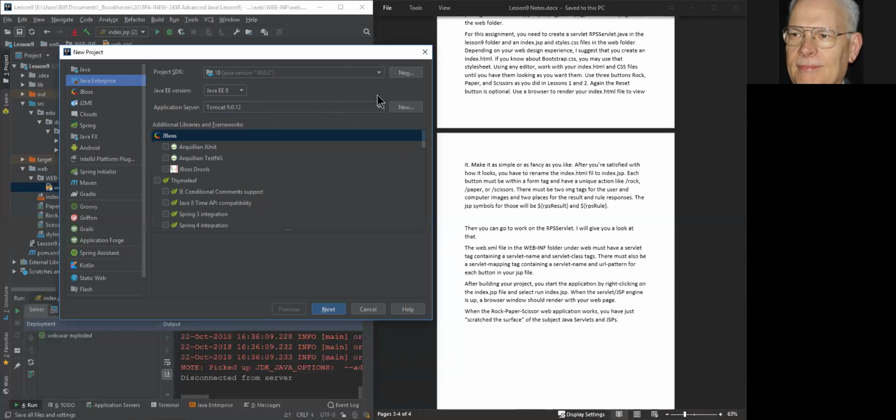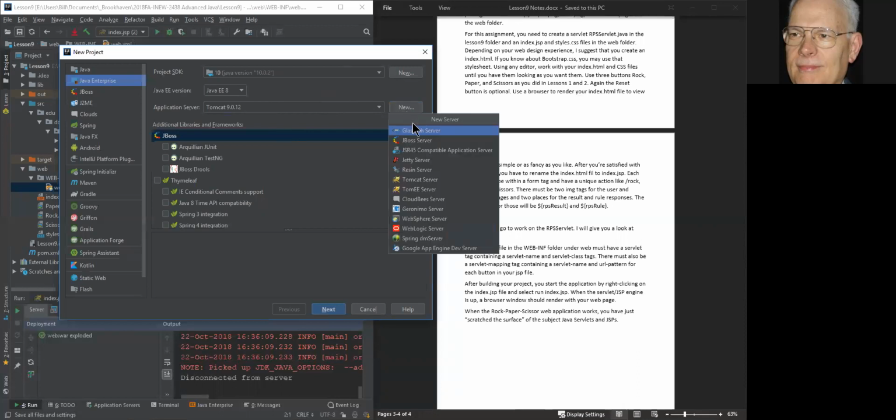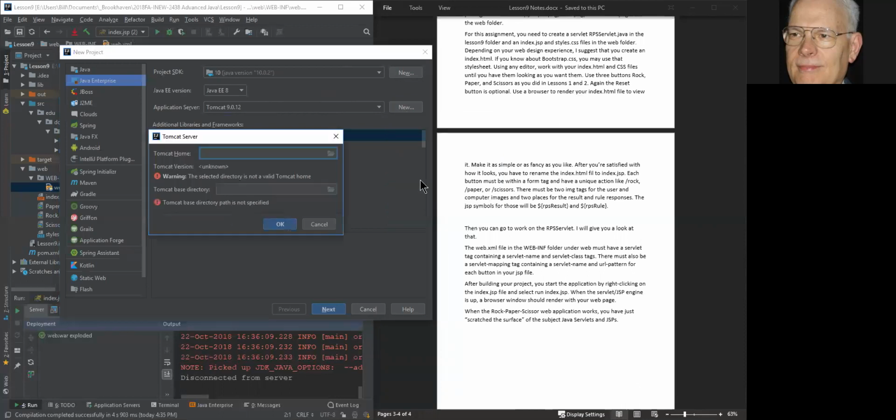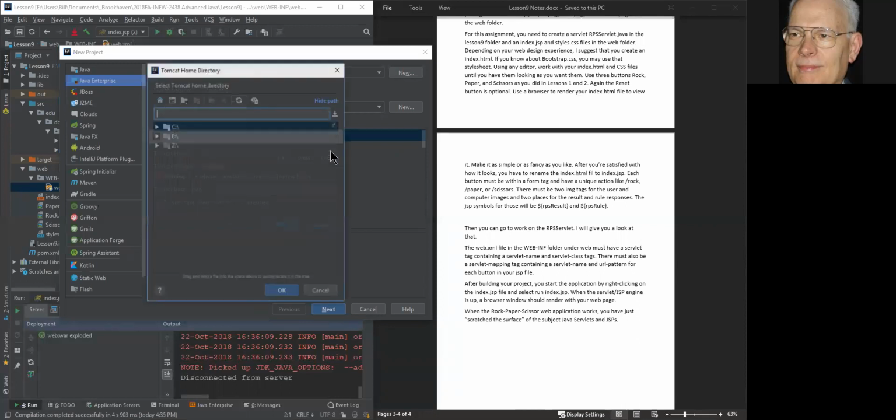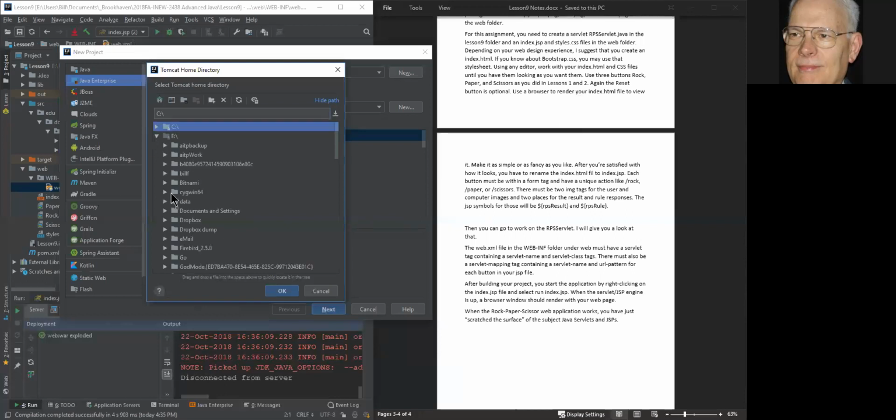And you will not have this in there like that. You have to create, say, new, and you select, here's a whole bunch of similar servers, but of all of these, the most popular by far is Tomcat right here. So you select Tomcat server. This little window comes open, and you click on this folder, and then you go find where you installed that Apache Tomcat,